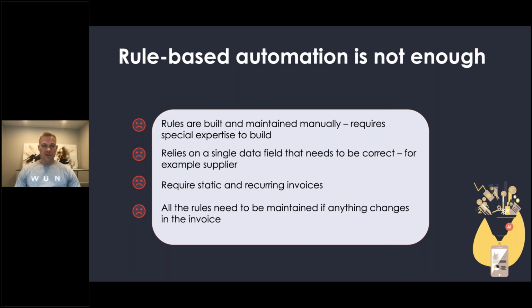And in order to build high invoice automation using only rules, it requires static and recurring invoices. You should be receiving the same kind of invoices again and again for those rules to work, because if anything changes, all those rules need to be maintained and basically built again if there are changes in the process. So there are many problems with the